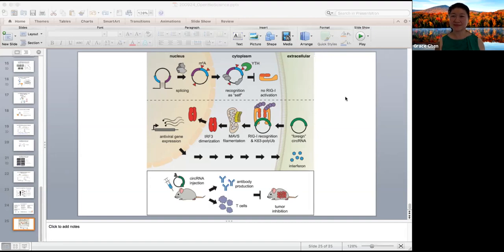So there was this group from Linglin Cheng that described that circular RNA forms a secondary structure and binds to PKR and actually inhibits its activation. So I was thinking that if this mark would be located in those places in the duplex where you find this secondary structure, that's why they inhibit the PKR activation.